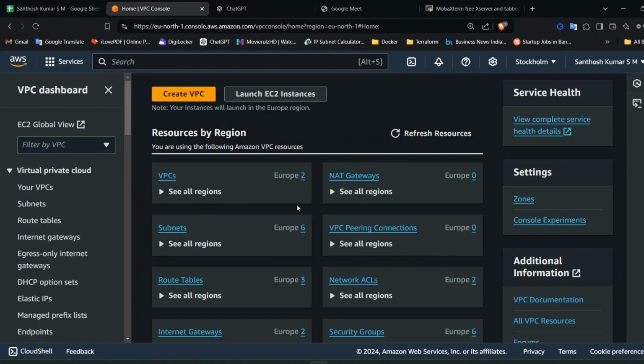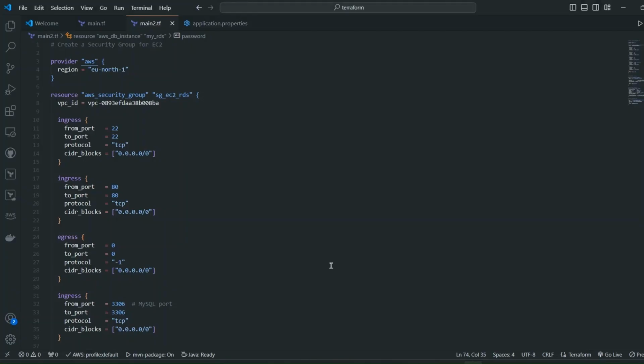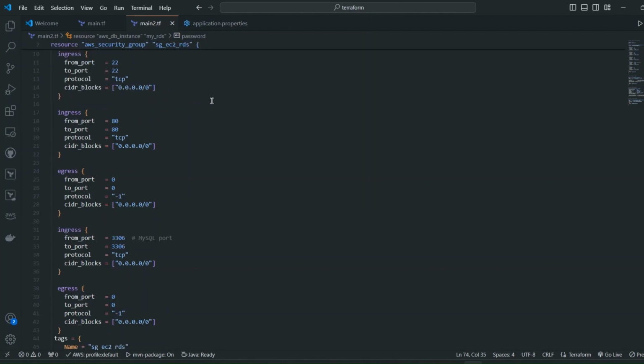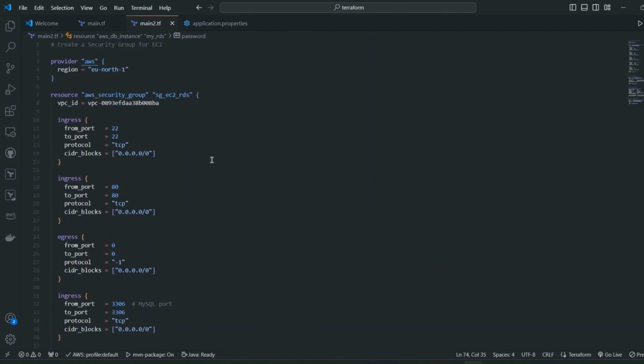After the creation of VPC, subnet, route table and internet gateway, you need to create an RDS and EC2 instance. For that, go to VS Code. Here first you need to create a security group for the EC2 instance and the RDS. So for that,